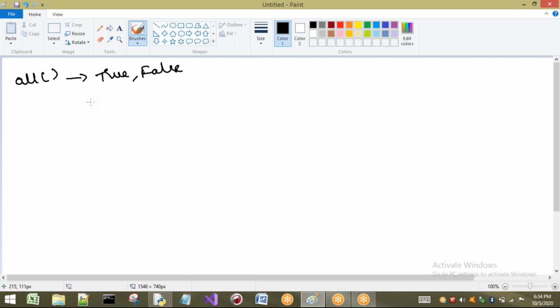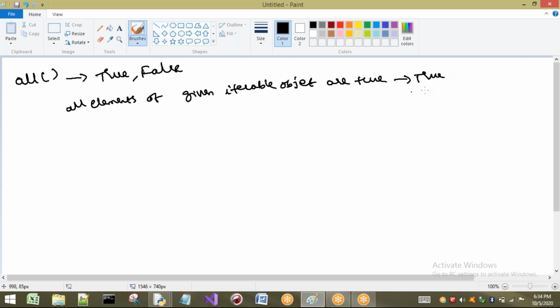Whenever all the elements of the given iterable object, meaning a group of values, are true, then only the output will be true. Otherwise we are going to get false. This is one. We have to understand this one.